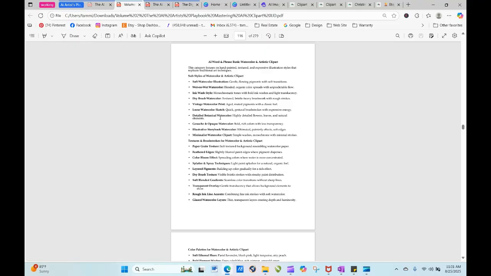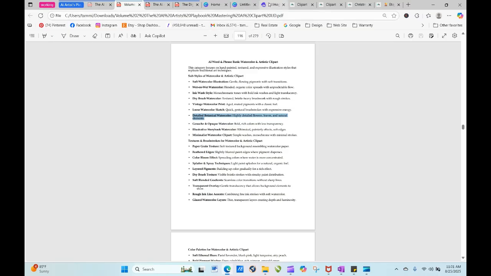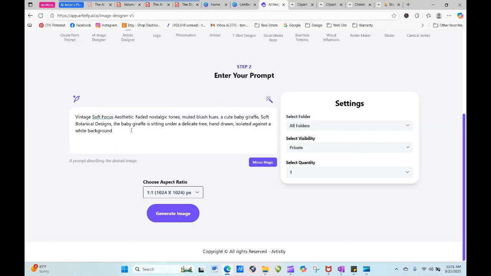We're going to need this detailed botanical watercolor because we actually want quite a bit of detail on the florals. We want it to be whimsical, but we're going to be shooting for,